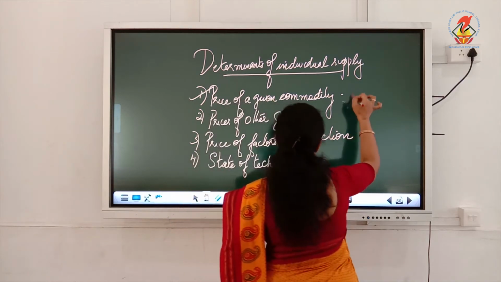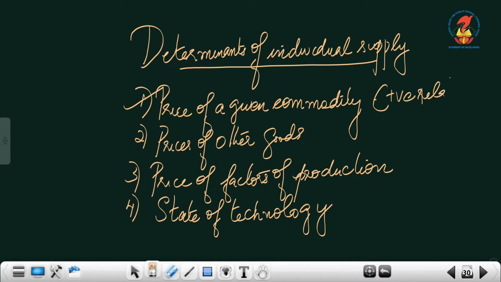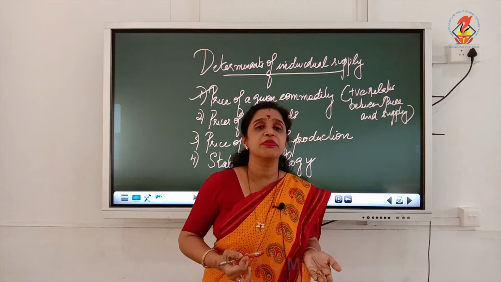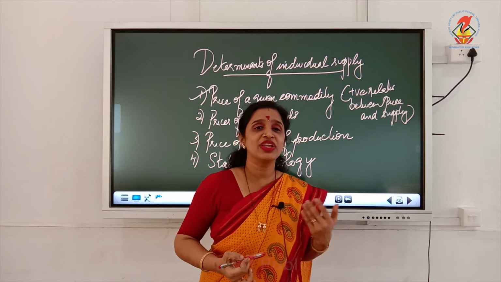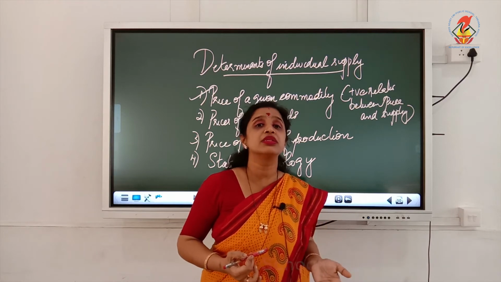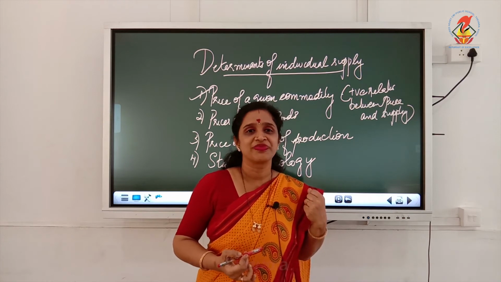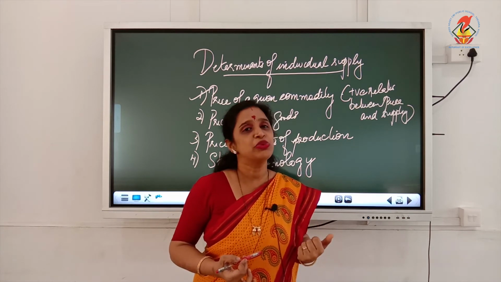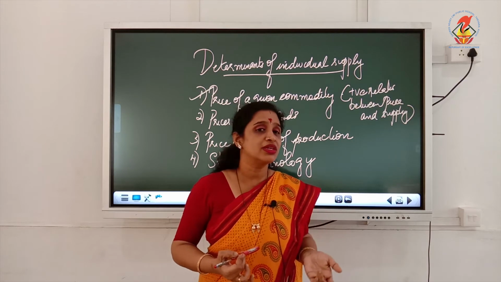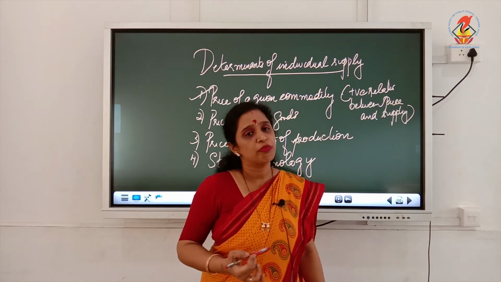So, what kind of relation between price and supply? Positive relation between price and supply, which means when the price increases for a commodity, the producer will increase the supply with the aim of maximizing the profit. So, he is very happy if the price of the commodity rises in the market, he will get that much profit if he sells the produce in the market. So, when the price increases, sellers will increase the production.